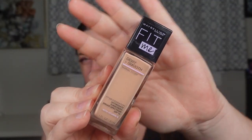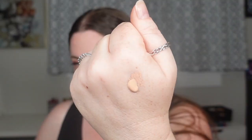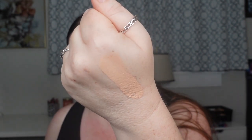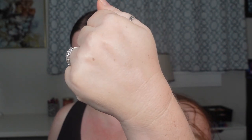So let's talk a little bit about this foundation. So generally it retails for $9.99. It comes in, I believe, 24 shades. I have mine in the shade 115 Ivory. I'm not sure what the shelf life is on this because it doesn't say, but I imagine it's a 12-month shelf life. Again, I can't tell where this is made because it's not listed on the bottle or online, but